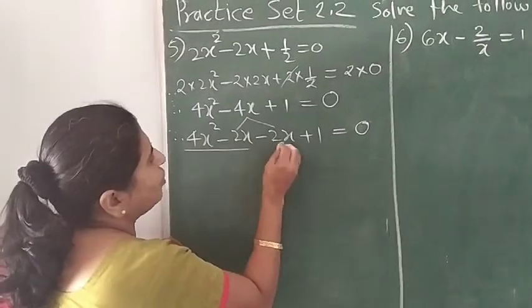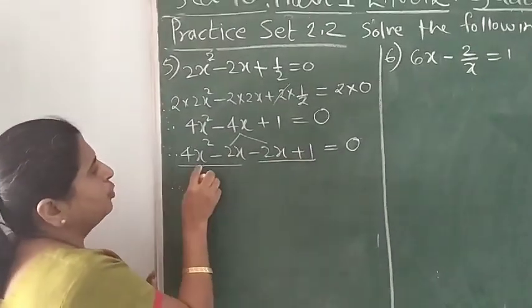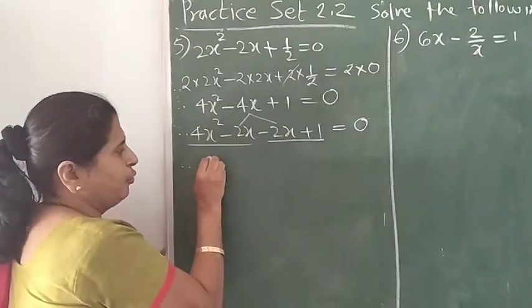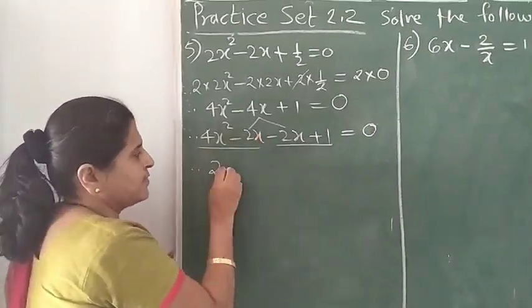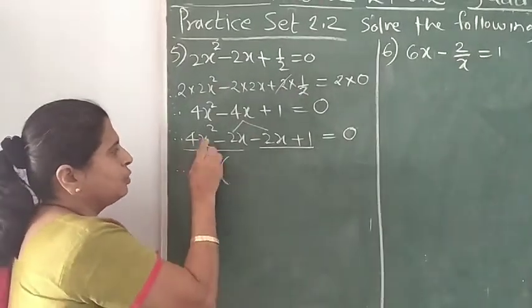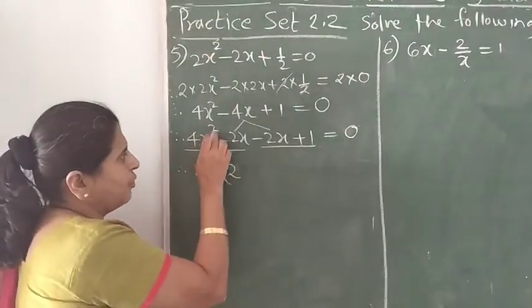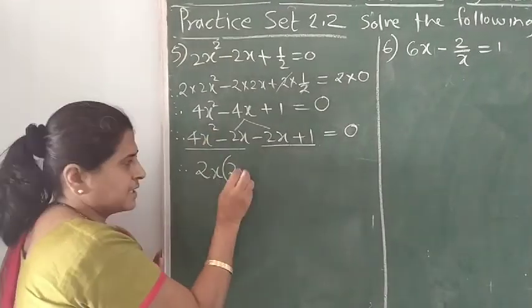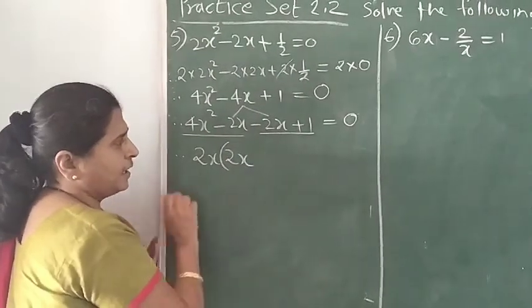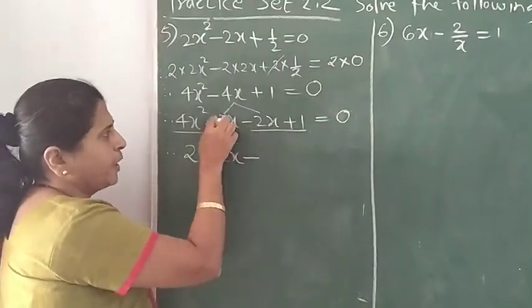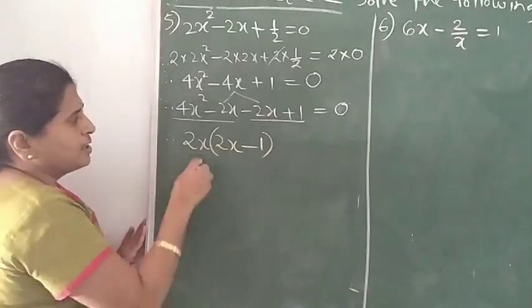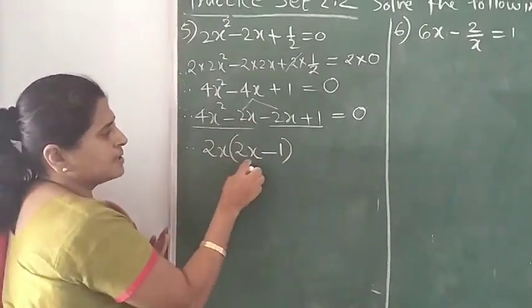Okay. So now taking common from these two, 4x² and 2x. Out of 4 and 2 we can get 2 common. x² and x we can have x common. So 2x is common. So what is uncommon? 2 twos are 4, so 2x. And out of x² we have taken 1x, 1x is remaining. So the product of 2x and 2x we get 4x. Correct? Now minus. Whole 2x is taken here, so nothing is remaining. So it's 1. Okay. So this is common in these two and this is uncommon.